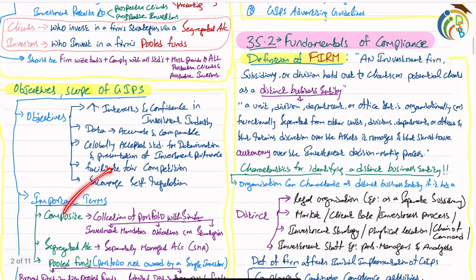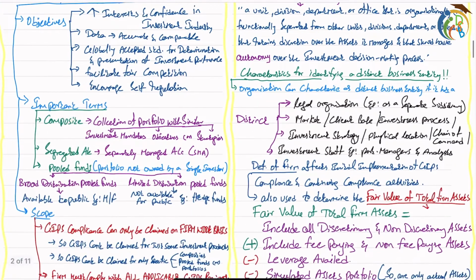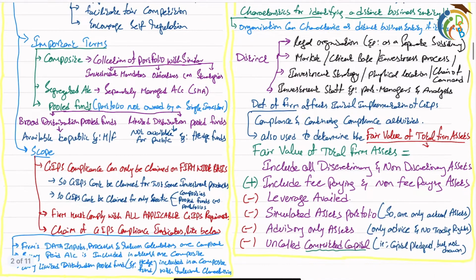And then the important terms, like what is a composite, segregated account, pooled accounts, pooled funds. So in pooled funds, what are the types? What we have, like broad distribution pooled funds and limited distribution pooled funds, and the kind of scope,